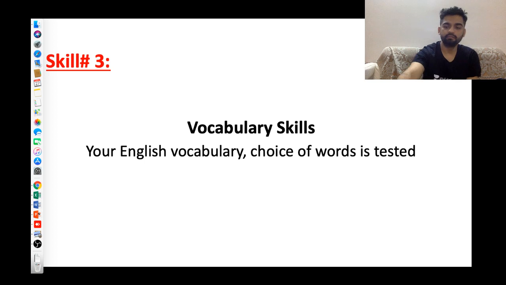Right? So there's one way to improve your vocabulary, which is that you read a lot of newspaper, right? Reading a dictionary is not of great significance, because you don't want to learn the words in a way that you don't know where to use them, right? जब आप newspapers पढ़ेंगे, जब आप books पढ़ेंगे, may that be fiction or non-fiction, you'll understand that, okay, there's a new word that I learned today, and this is how it is used. This is the background of the word. This is the context it can be used in. So the application part of vocabulary is very important. Building a vocabulary is one thing, and then applying that vocabulary is another.